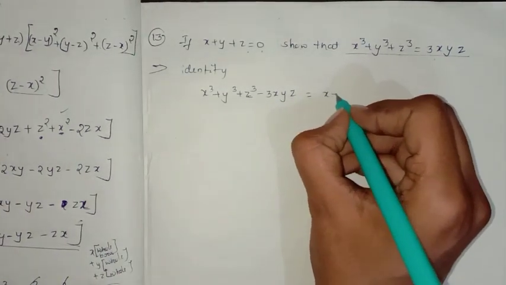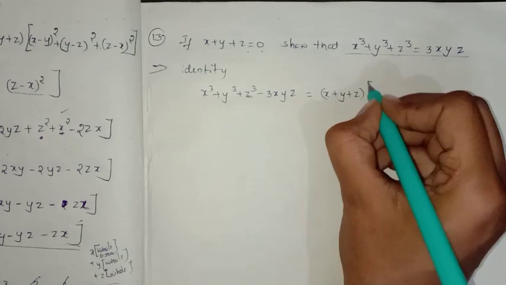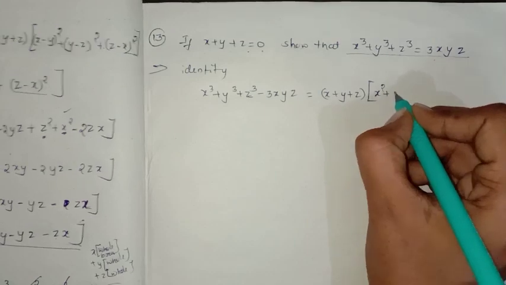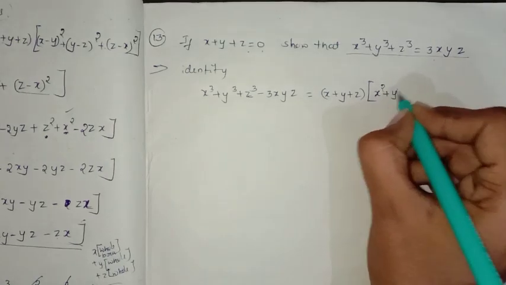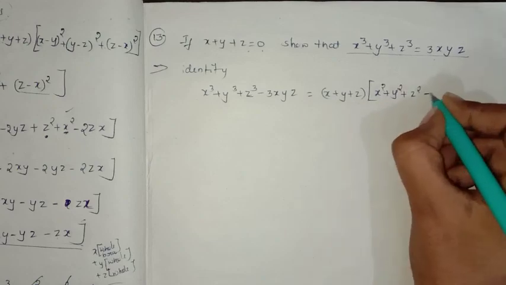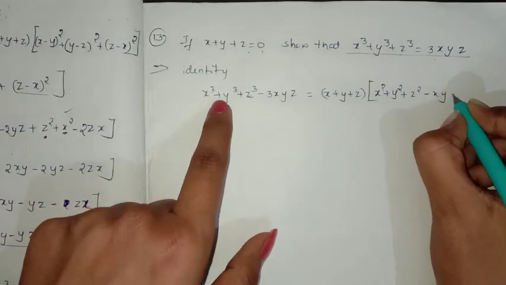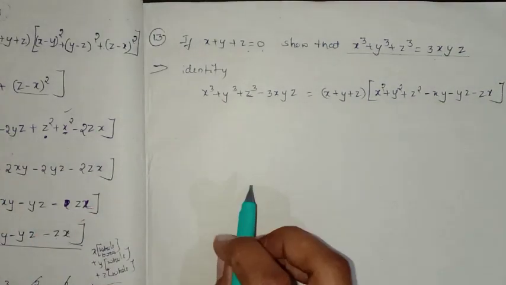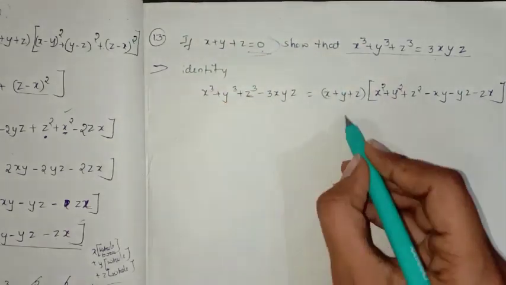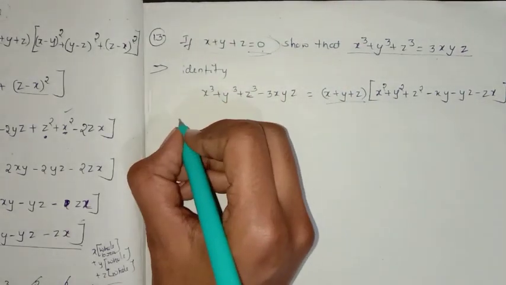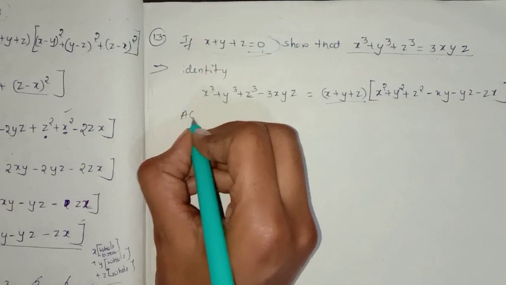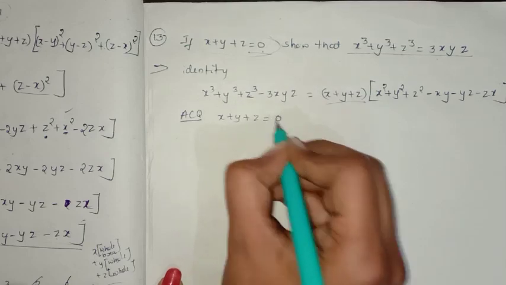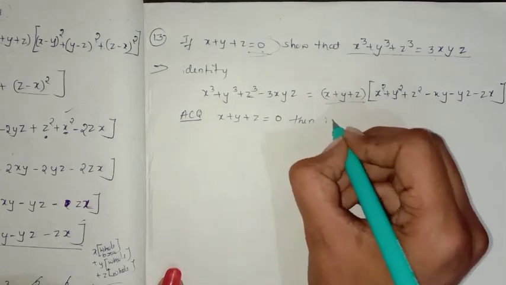That is x plus y plus z, in one bracket, and in another bracket you write x square plus y square plus z square minus xy minus yz minus zx. So this is your formula. Here what they have given is x plus y plus z is equal to 0. So according to the question we will write, x plus y plus z is equal to 0, then the identity becomes